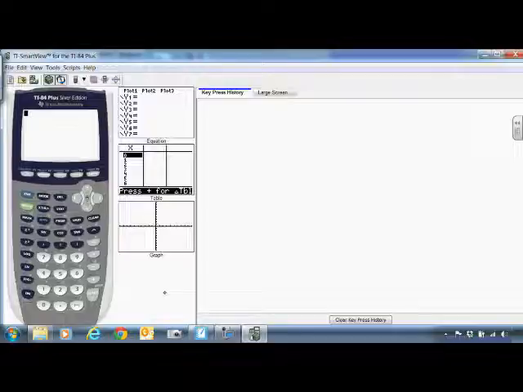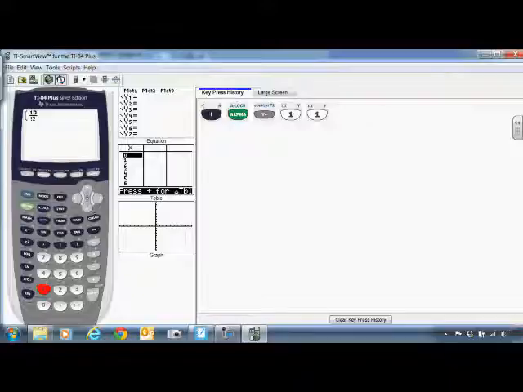So we want to start with our parentheses. We had a fraction, so alpha y equals option 1 for a common proper fraction. So 1 in my numerator, arrow down to my denominator, 2, and then over to say that I'm done with the fraction,